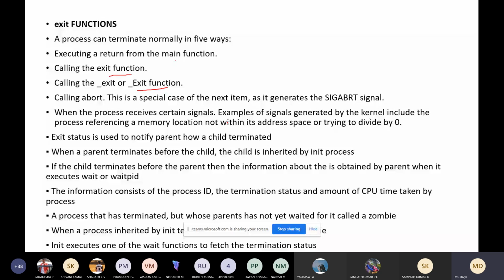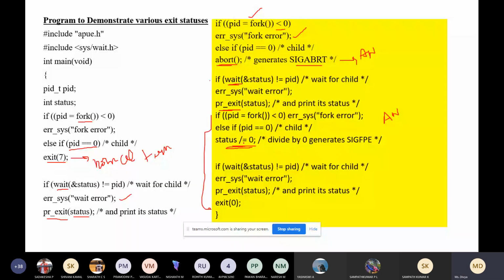An abnormal signal will occur when you try to divide by 0. Here we are trying to divide by 0. What does this mean? status = status / 0, correct? This is similar to a += 1. We have studied this in C programming, right?